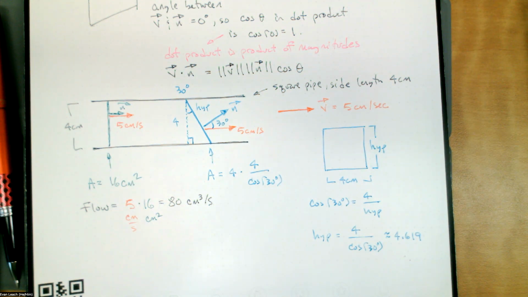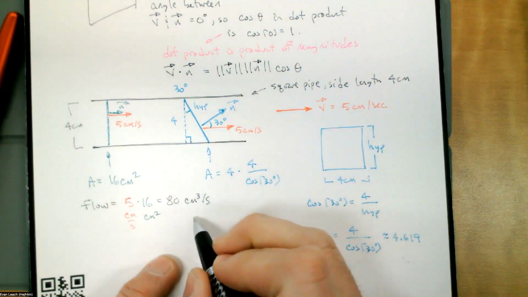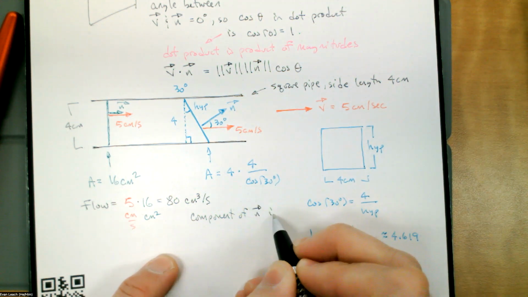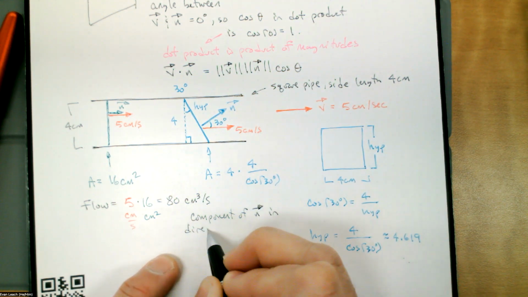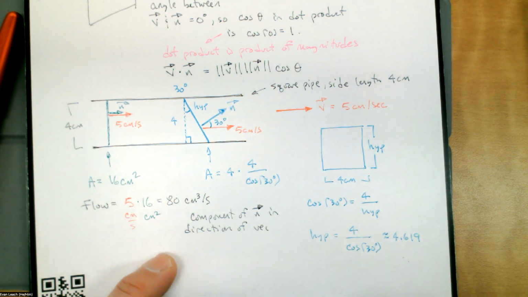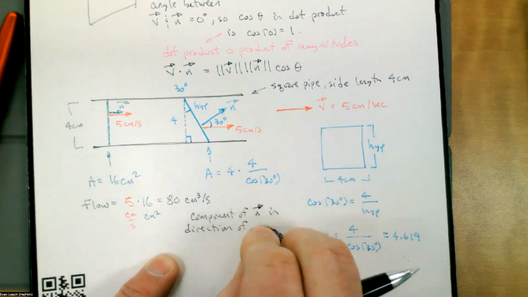And since the normal is 30 degrees above the vector field, the component of the normal vector in the direction of the vector field is the magnitude of n times the cosine of 30. So the component of n in the direction of the vector field